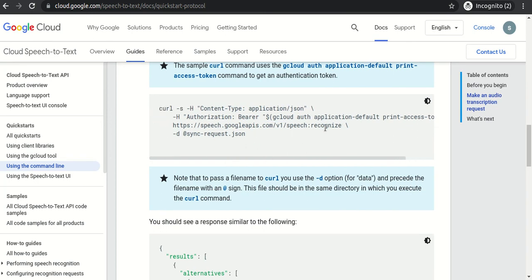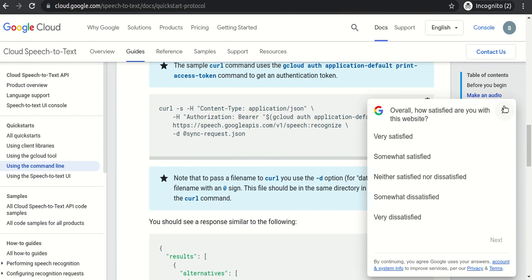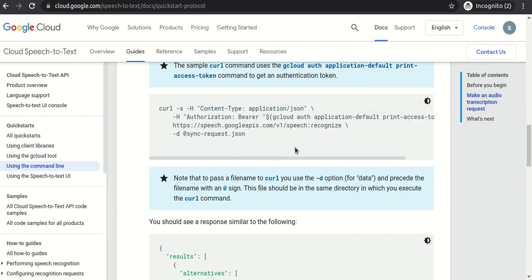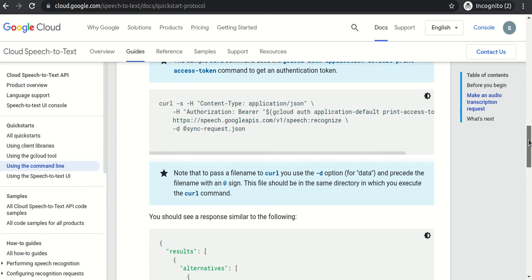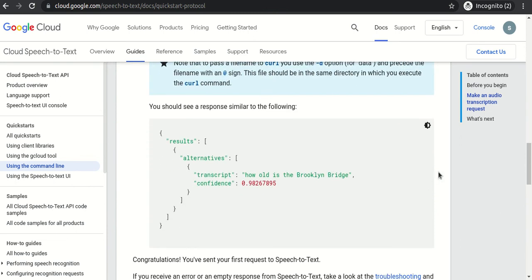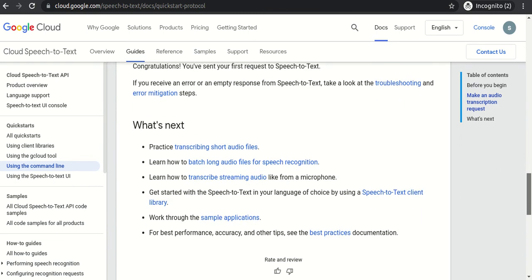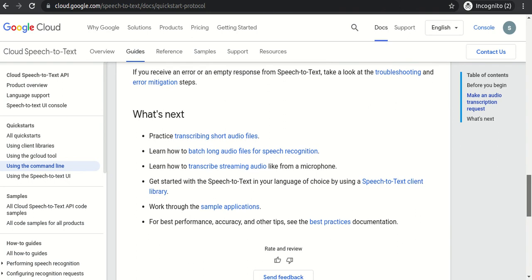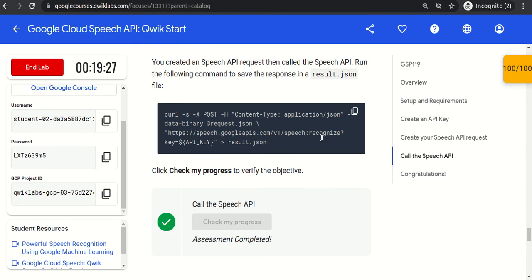So rather than the API key, they are using the authorization bearer. Authorization bearer is also one of the authentication techniques, which is a very basic technique using the user ID and password. So they are accessing the user ID and password from this command, and the output is generated, how old is the Brooklyn Bridge. So there is a lot of information. As I showed you, we are passing the key as speech:recognize,